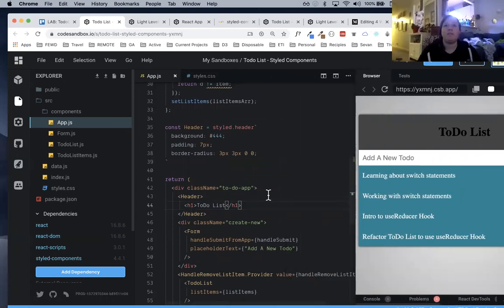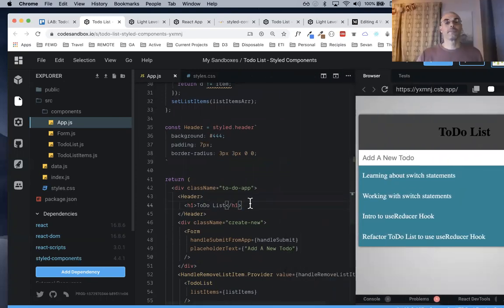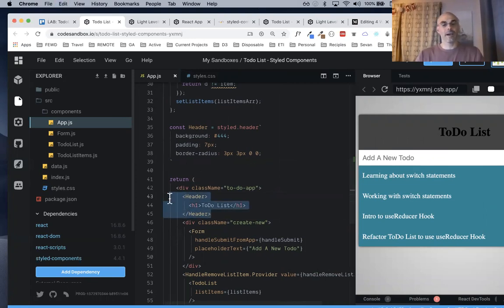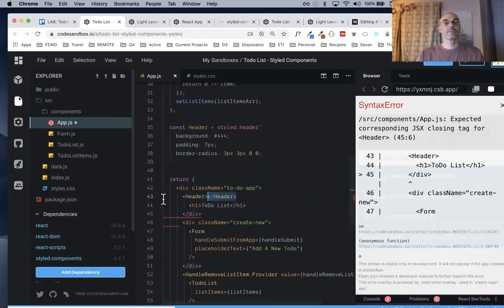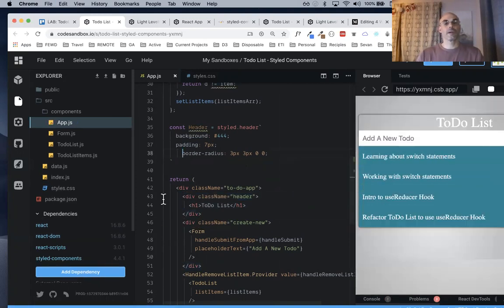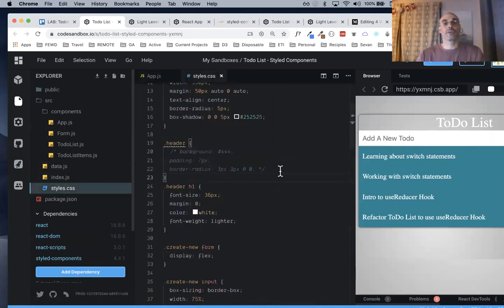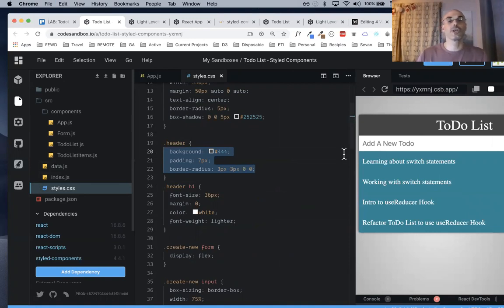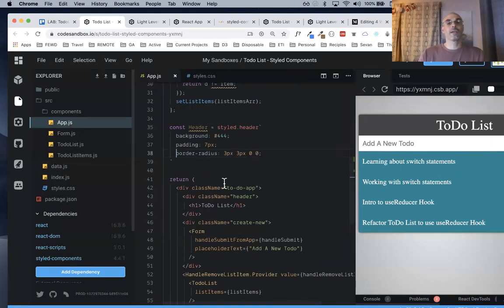H1 as well. Oh yeah, so we have to do the H1, but I almost feel like, let me go back. Okay, here, right? I'm gonna go back to CSS. I just wanna make sure that I'm not doing anything wrong here. Here's the CSS. That's what it should look like, right? So the fact that in our header here,